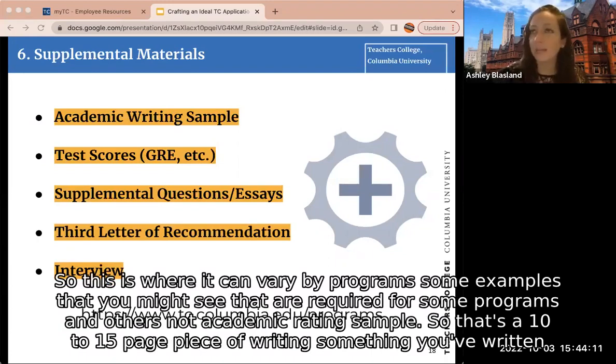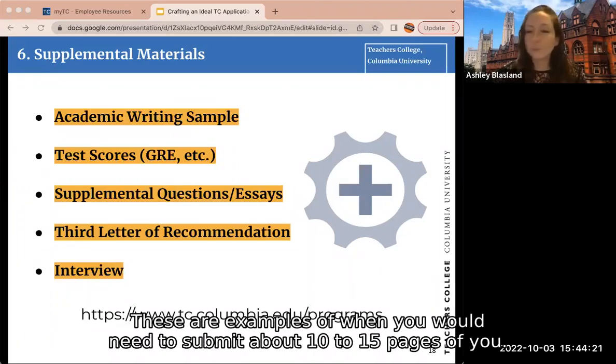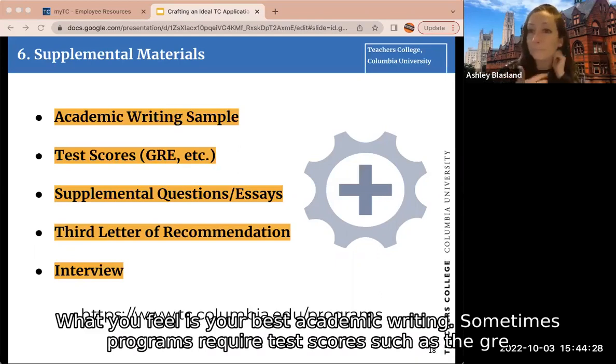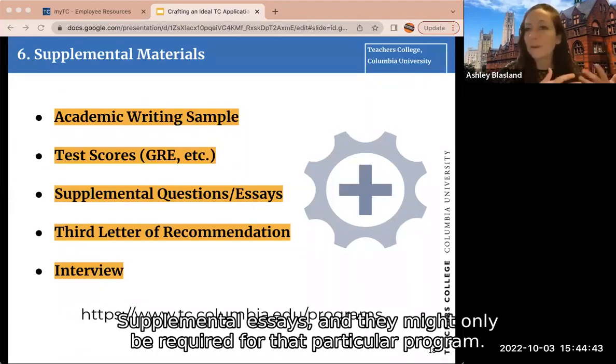Academic writing sample. So that's a 10 to 15 page piece of writing, something you've written in a past program, let's say a thesis paper or a research paper. These are examples of when you would need to submit about 10 to 15 pages of what you feel is your best academic writing. Sometimes programs require test scores, such as the GRE. Sometimes programs require additional essays. They might be called the supplemental section of the application, supplemental essays, and they might only be required for that